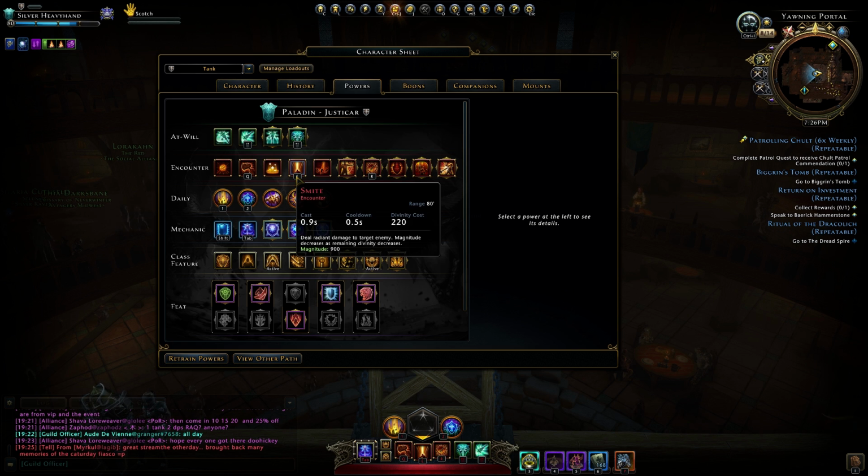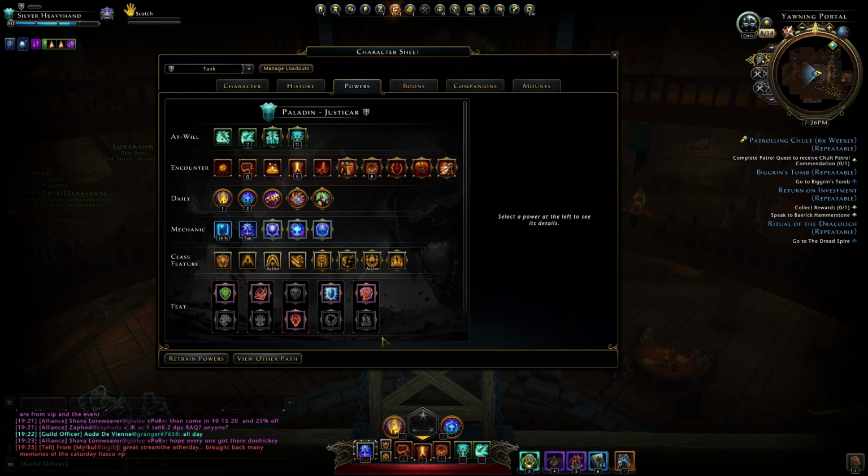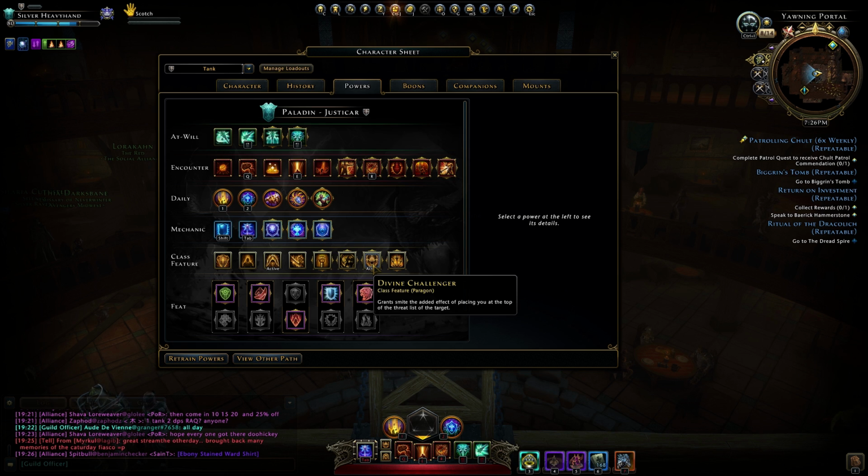My secondary encounter power that I use is Smite, and Smite is basically a primary damage dealing encounter that paladins have, and so I use this in pretty much all situations. But the main reason that I have this is not for damage, it's to pair with the feat Divine Challenger. Sorry, that's a class feature. The class feature Divine Challenger, which gives Smite the added effect of placing you at the top of the threat